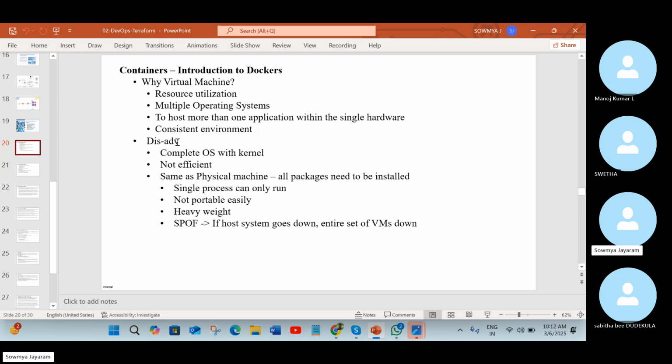Also, if you want to scale your physical machine, you have to buy some extra storage or extra machines. But in a virtual machine you can scale your storage and your machines through auto scaling. You can scale that through a load balancer.